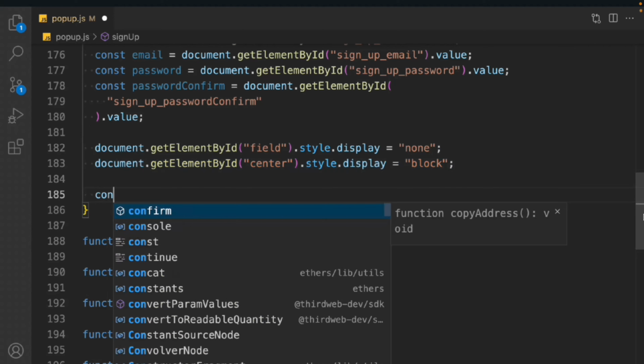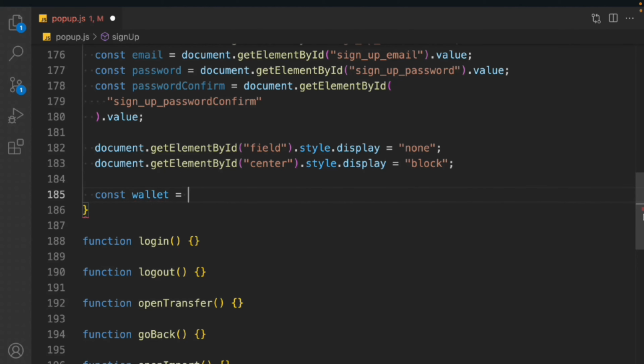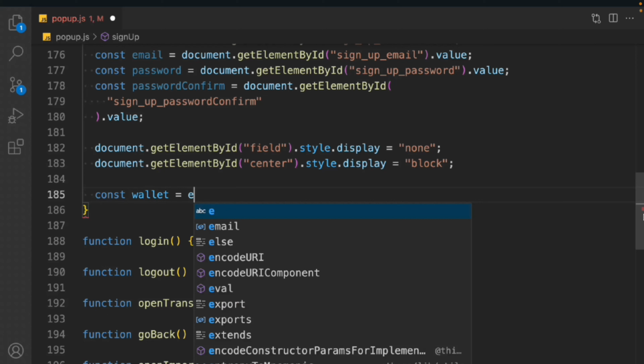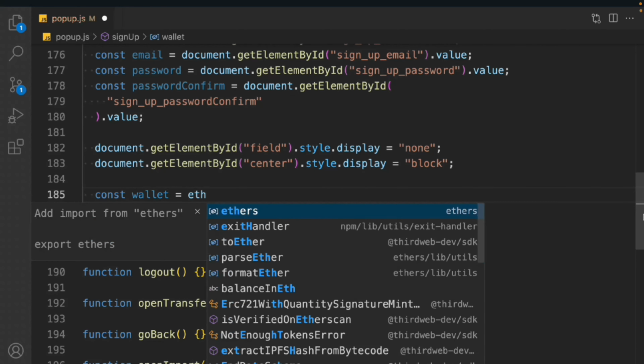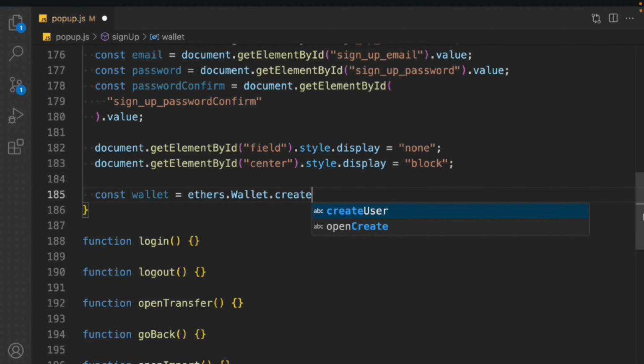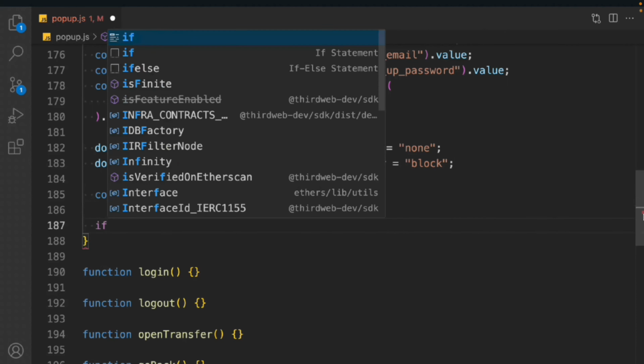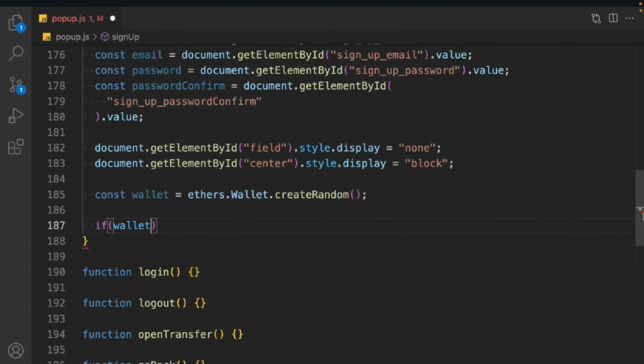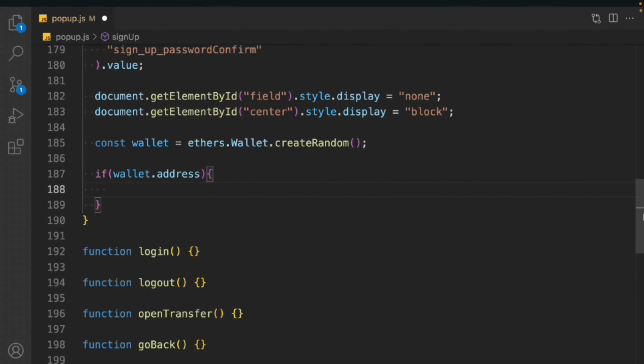Come back here, and we're going to take a variable called wallet, and here we're going to generate the wallet, the address, the private key and the mnemonic. So all these three data we're going to create when the user tries to create his account. So we'll take this ethers dot Wallet, and we'll call this particular method which is available, createRandom, and this will generate the Ethereum account for them. Here we have to check if wallet dot address is there, then we have to make an API request, all the logic. So inside that, what I'm going to do is